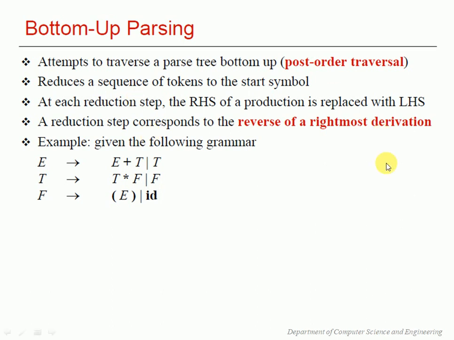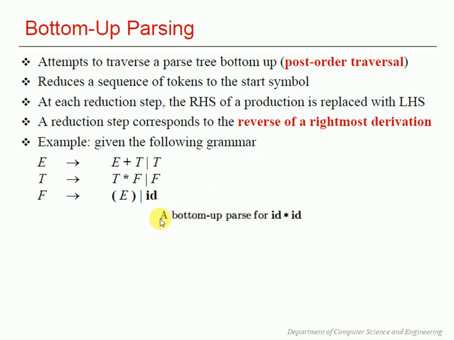So bottom-up parsing is implemented by reducing the right hand side of a particular production with the left hand side non-terminal. Let us see that using this example. You have this expression grammar that we have been seeing in top-down parsing also. Here one thing to be noted is you don't need the additional tasks of eliminating left recursion and left factoring. All those steps are not required. You can directly start with the bottom-up parsing. So it is pretty easier compared to top-down parsing,